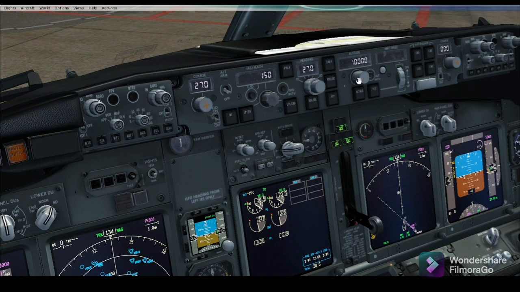Particular ATC and airport officers give the initial altitude, like after takeoff just continue at the initial altitude. In altitude we set, for example, if Mumbai Delivery gives the initial altitude of 5000 feet, then we will set 5000 feet here. This is the first officer seat. On the first officer side I have to set the same course, 270 degrees.